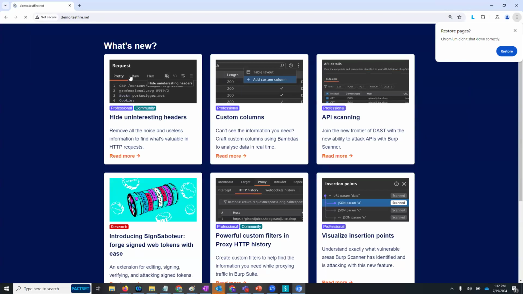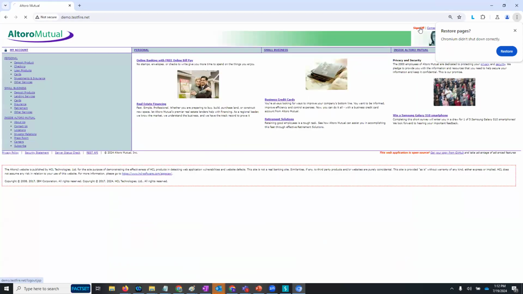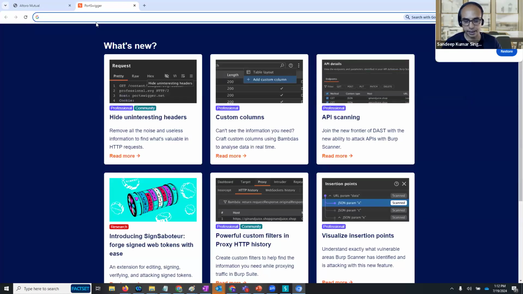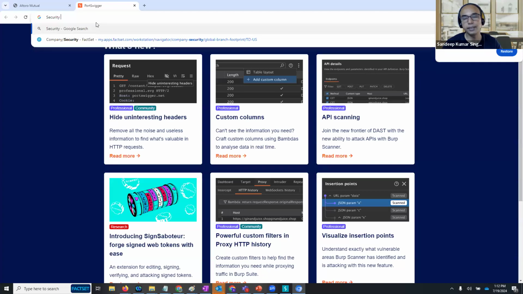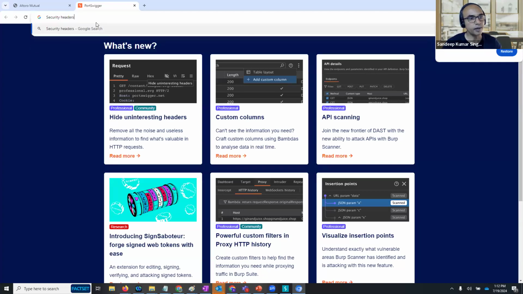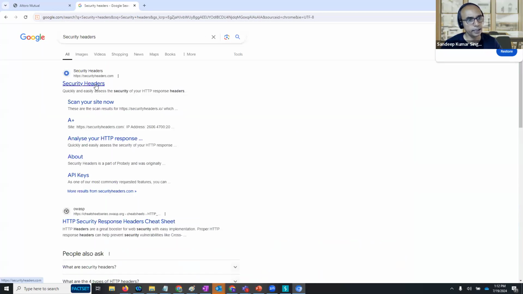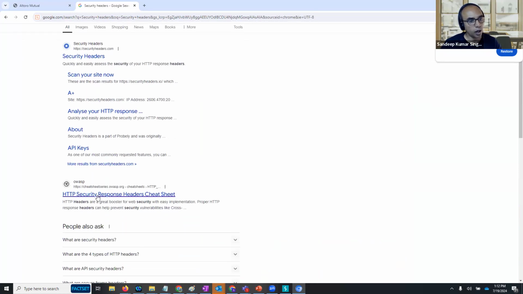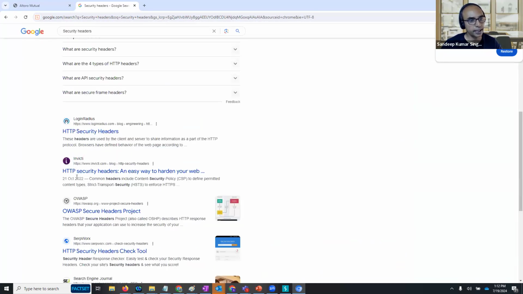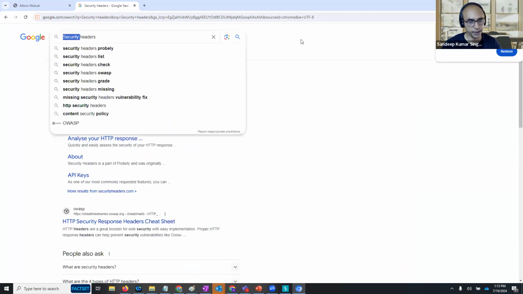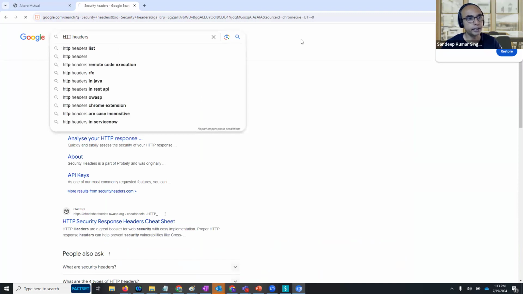Sandeep, while explaining about Burp, you explained some security flags and some other things we need to look into. Can you repeat those? Sure. Yes, security flags, security headers, right? If you just search for security headers, Mozilla has a very good write-up. You can read from either securityheaders.com or even the OWASP website. Mozilla has a very good write-up on security headers or HTTP headers. So if I just search for HTTP headers,